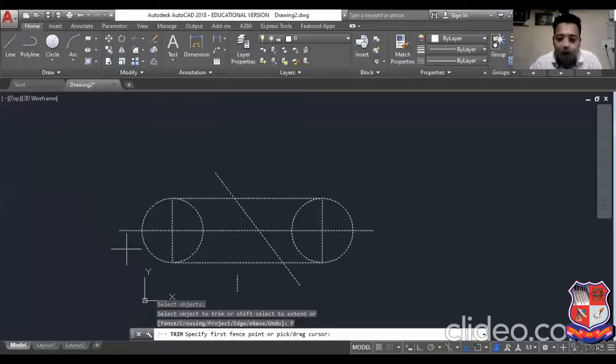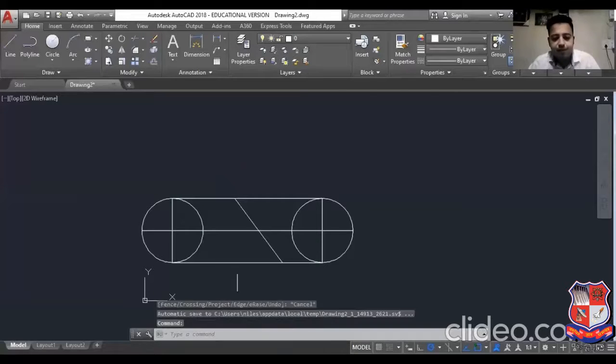So I will press the left button and continue dragging over what I want to remove. That is called the fence option. So you can remove all the outer boundary like this by creating a fence boundary.